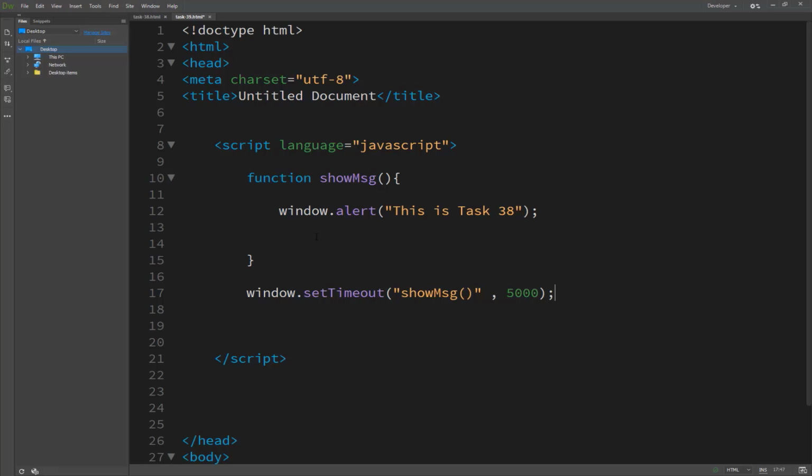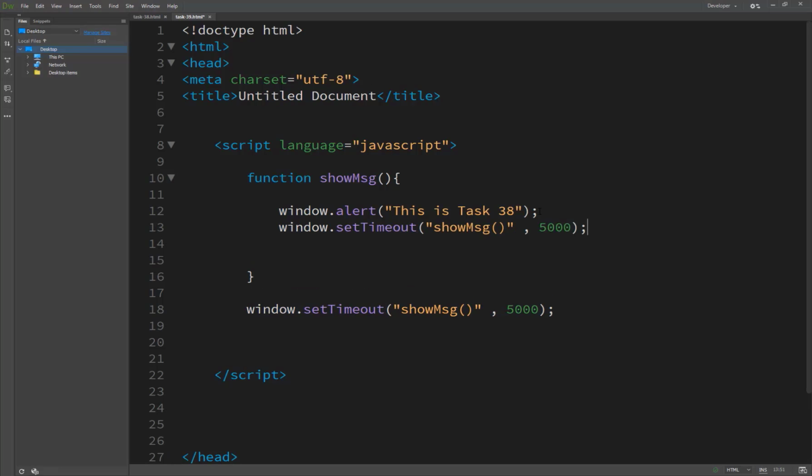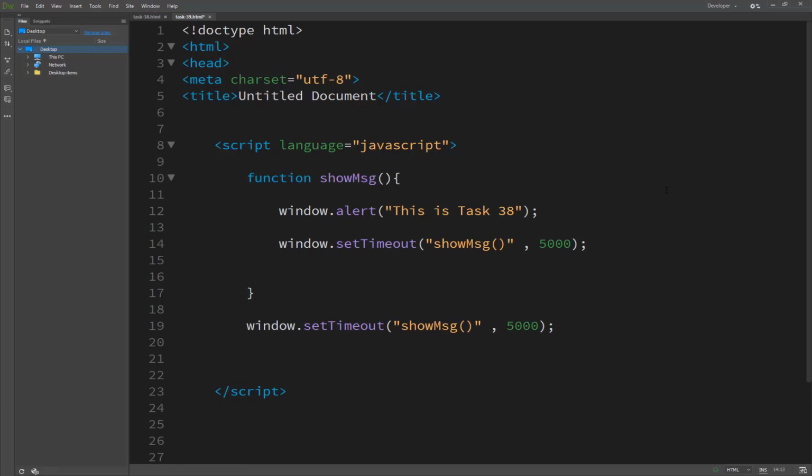The second thing, use window.setTimeout outside of the function to schedule the initial execution of the function. So this line we have written here executes the function the first time, and if we want to repeatedly perform this function, it's called a recurring execution.